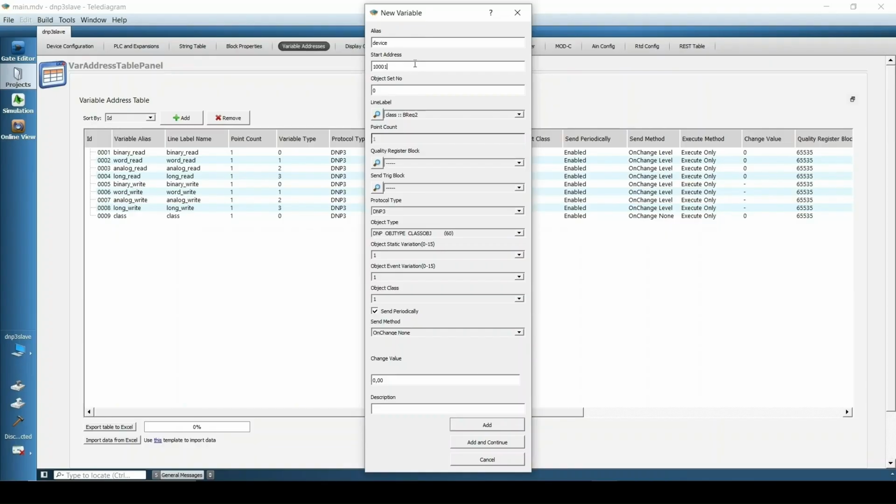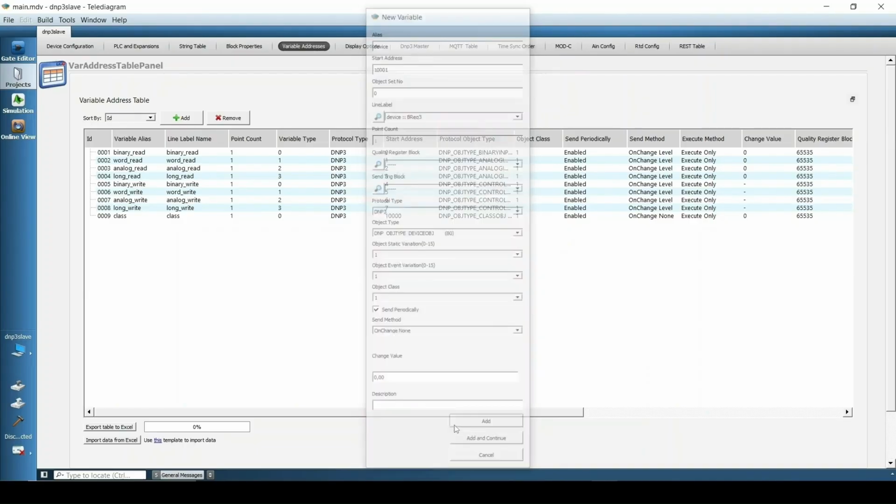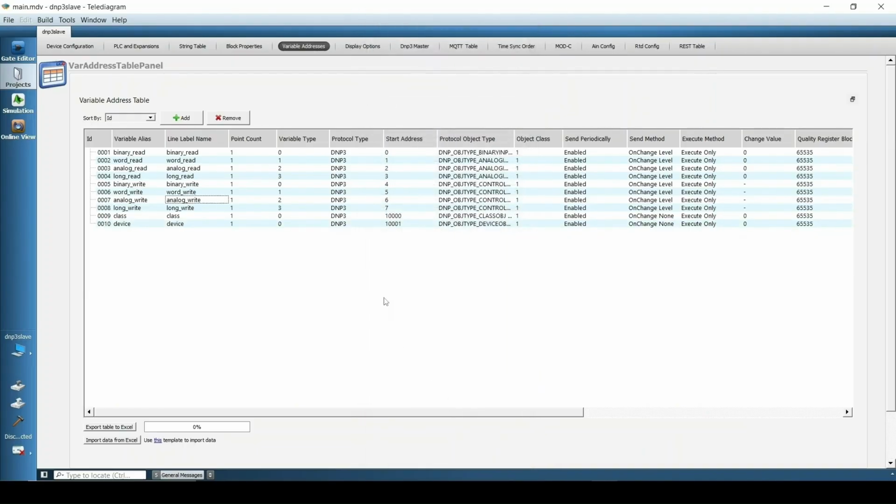Let's say its address is 10,001. I select device for line definition. Our object type will be device object. This corresponds to 80. You can leave the static event and class variation as 1. When I say add, it is added. We have to define these 60 and 80 object types in order to send classes to the microdef DNP3 Slave